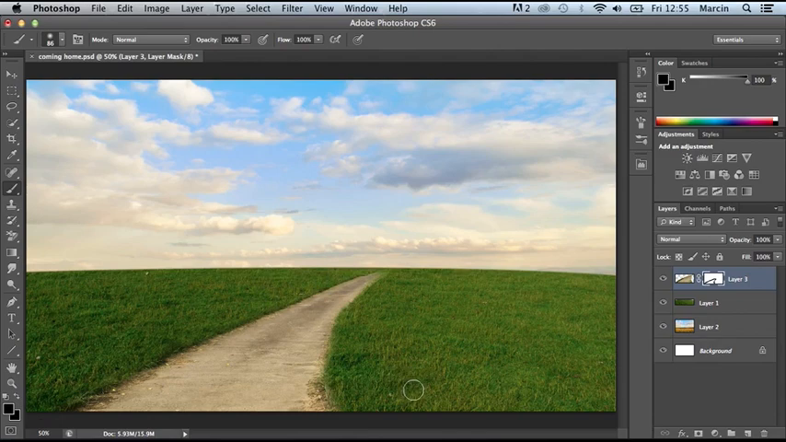Well, it's not bad now, so I think it could be the right time to add our house, or maybe at first I do the same on the grass layer to make soft edges here. So right, and now on